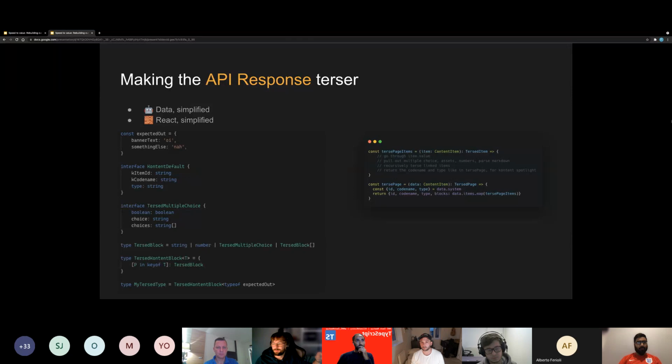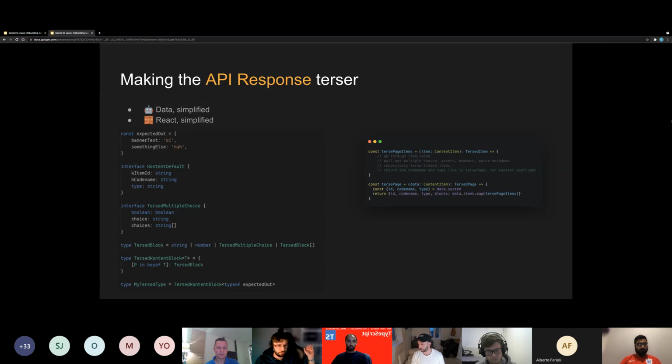So, slide 11, we're finally showing a bit of TypeScript. I appreciate that the stuff on the left is actually probably a bit dated, probably not a good example, but hopefully it gives you a fairly good idea. This is something that I chucked together before, so I don't think it totally represents what we do, and there's some bad practices there anyway. But our first goal: make the API response nicer to work with.